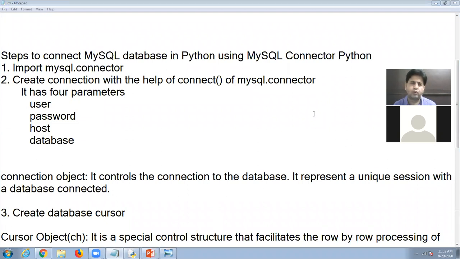So script is coding. It may be in Python, it may be in ASP, it may be in PHP. There are so many languages. So we type the coding in a programming language. We make the websites in a programming language, but our data is saved in MySQL or any type of DBMS